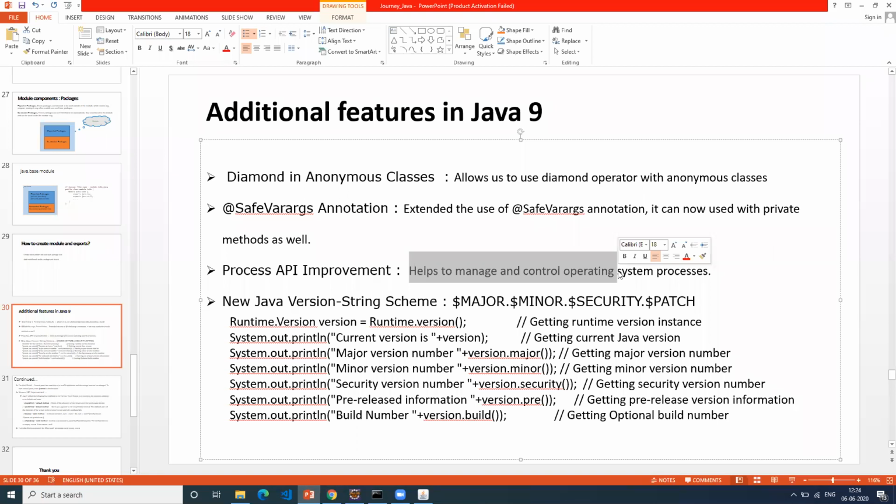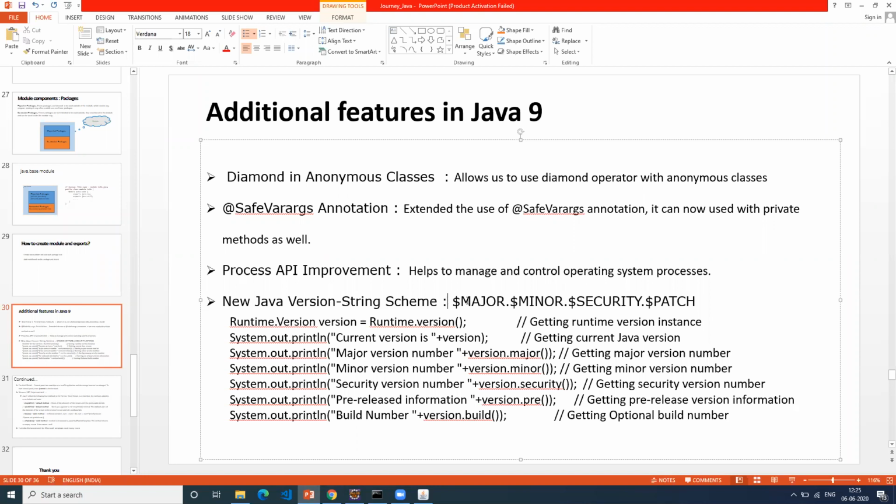All these things are now a little simplified. There are some process handle methods available. When you execute and run it, let's say using JShell, you can get operations like child name, parent name, process ID, all using this process API improvement. And there's one more new introduction in Java 9, the Java versioning string scheme.